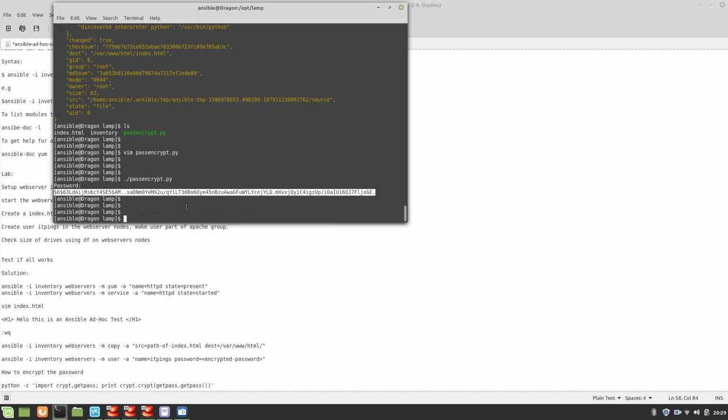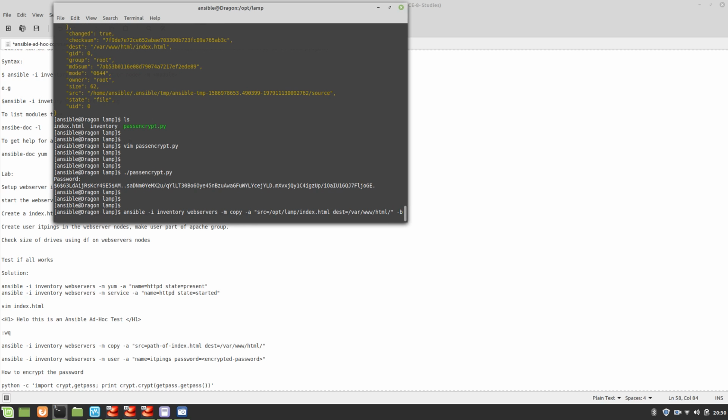Okay. So this is the encrypted password, and now we will use the user command. The module is user, and the argument is name. What user name do we want to create? It will be itpings, and the password we are going to use equals Control-Shift-V. Okay. Now one very important thing for which I almost spent 2 hours last night,